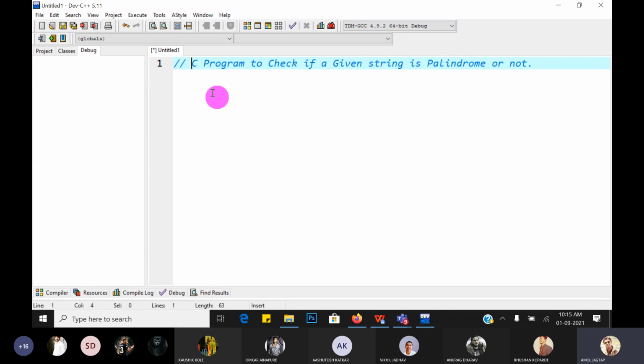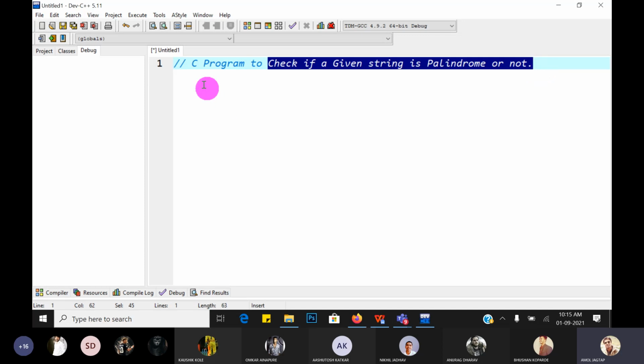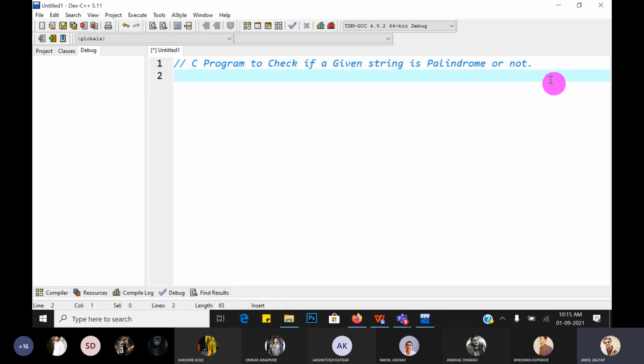Great. So what is the problem statement? Check whether the given string is palindrome or not. So we have to first understand what is meant by palindrome. If the user enters some string, suppose madam, then madam is the string. This is the current string in some variable, suppose the variable str. So str is the name of the variable, which is a character array and which contains madam as a string. The technical part we will see afterward. In double quotes, this is the string str.